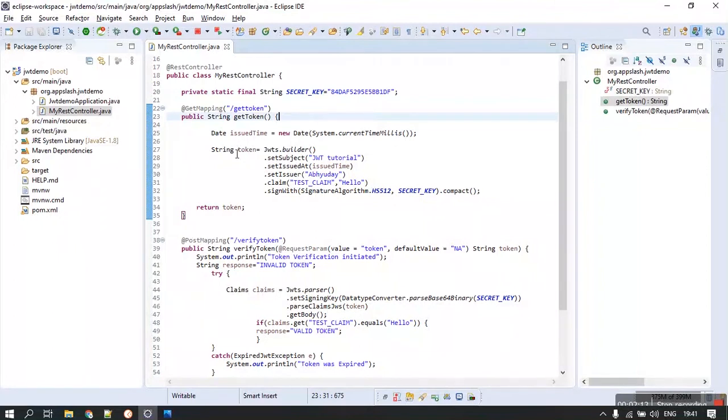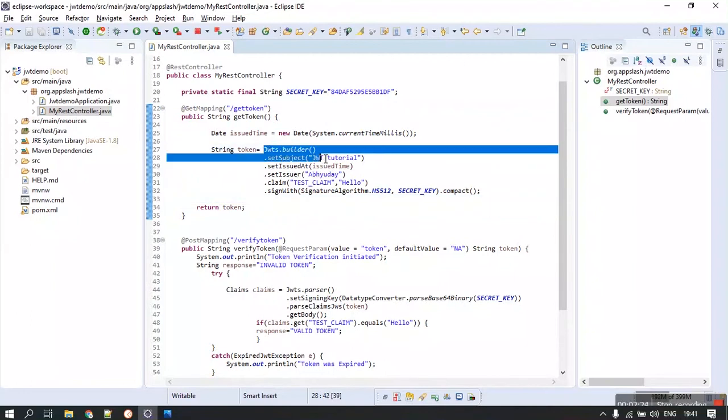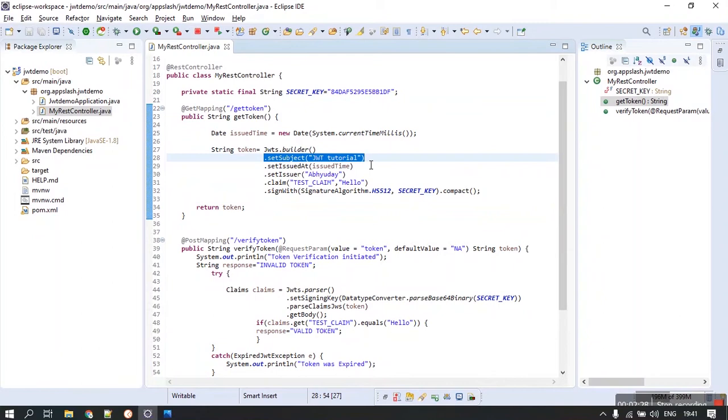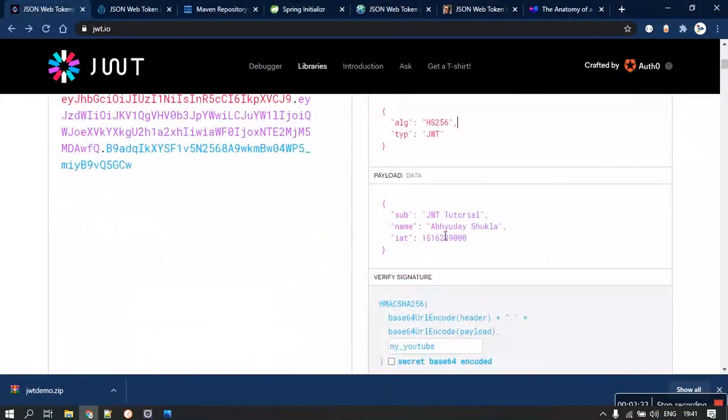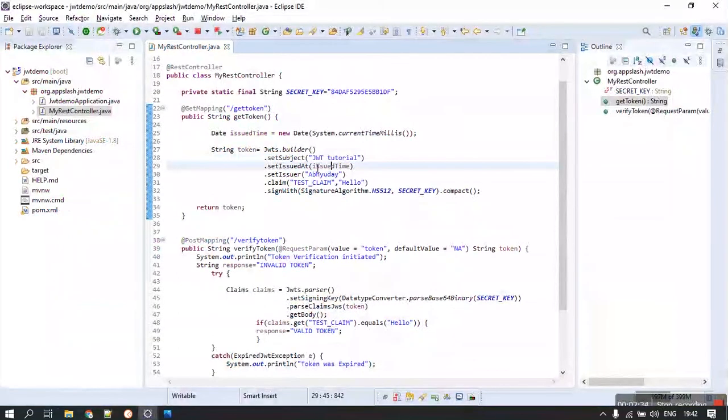So what will be happening, we will first be calling this endpoint to finally get the token. Now the token will be generated using the JWTS builder, where I have set the subject, that is the sub, to JWT tutorial, I guess. Yeah, it's right.